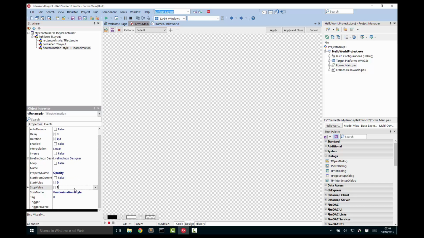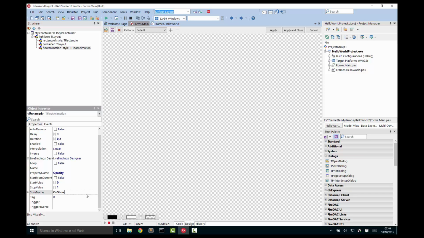We are adding the animation to the lightbox and not to the rectangle, so I want to go from 0 to 1. I simply have to remember to honor the naming convention and call this float animation on show whatever,